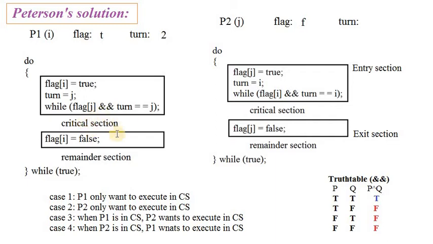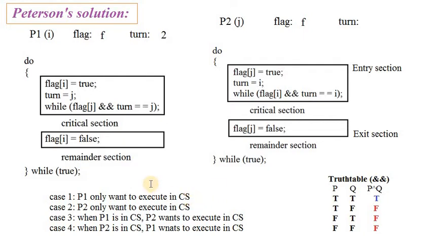Right? Now after the critical section has executed successfully for the first program, it will exit from the exit section. Here what is the statement in the exit section? Flag of I is equals to false. So up to now, what is the updated value? True. Now I am setting it as false. Simply we can erase this and write the flag bit of the first program as false, because now it is not interested to enter into the critical section again. Okay, so this is the first case. So we successfully executed our first program.